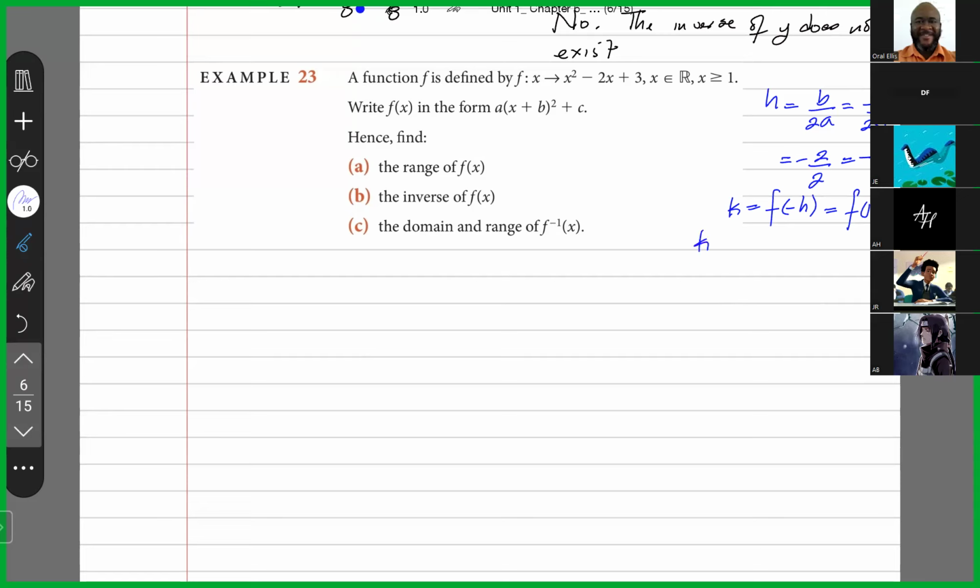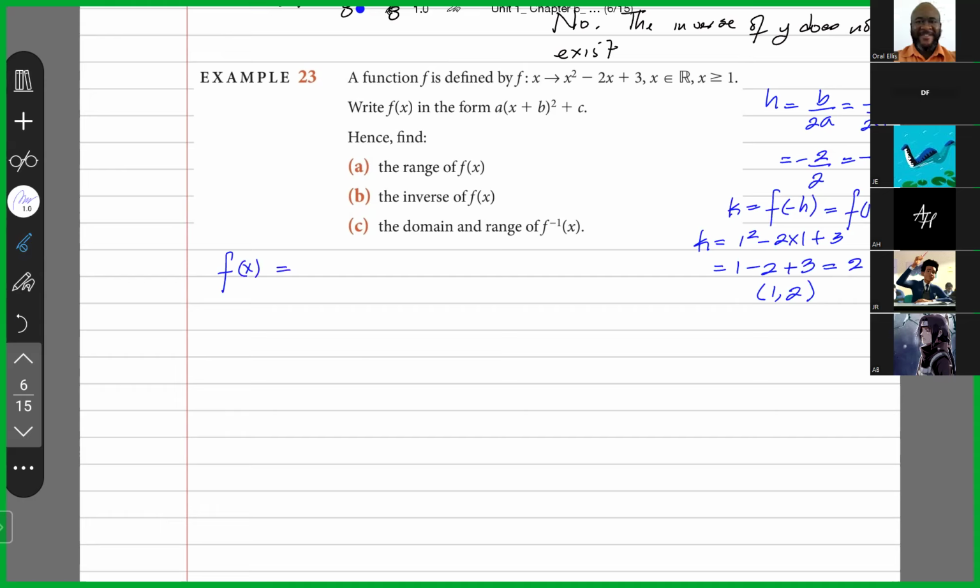So K would be equal to 1 squared minus 2 times 1 plus 3. This is 1 minus 2 plus 3. This is 4 minus 2, which is 2. So (1, 2) is the turning point. Therefore, I have H and I have K. Therefore, f of x